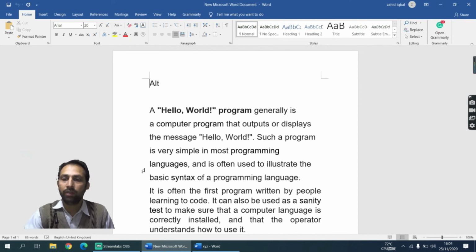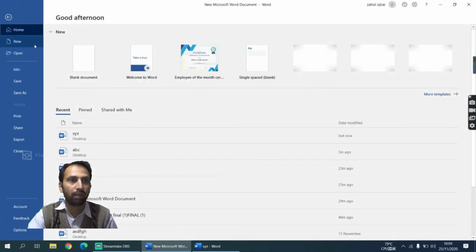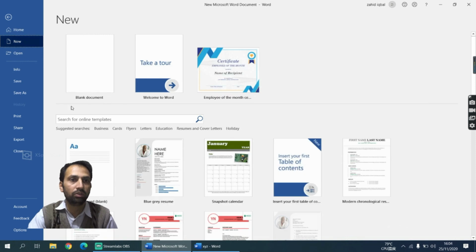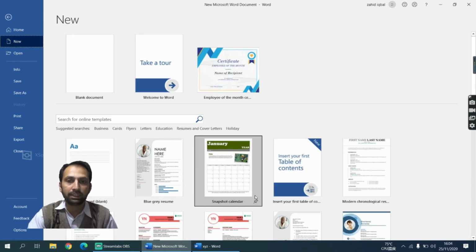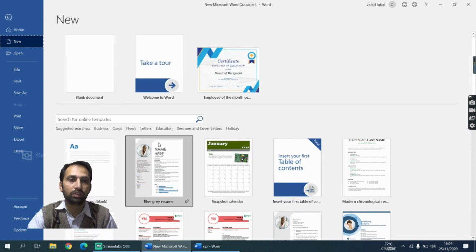So when we are using Office 2019, we can search and download templates from the internet from within the application. So how can we search or download templates within the application? Go to the File menu, and when you click on New, here you can choose any of the templates from Word, or you can search for them.